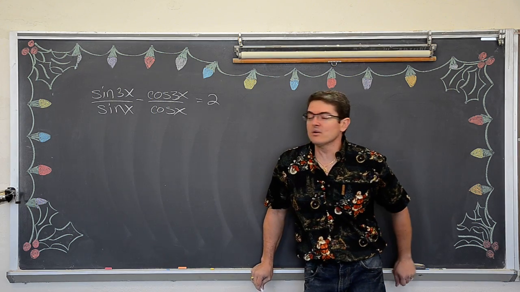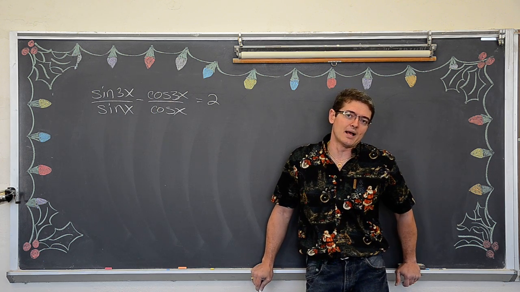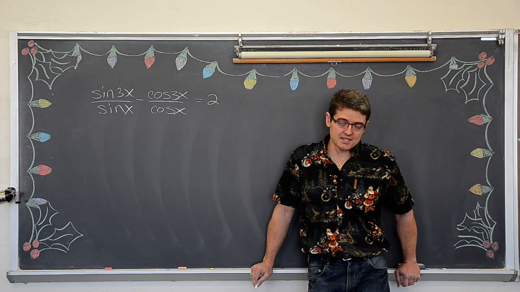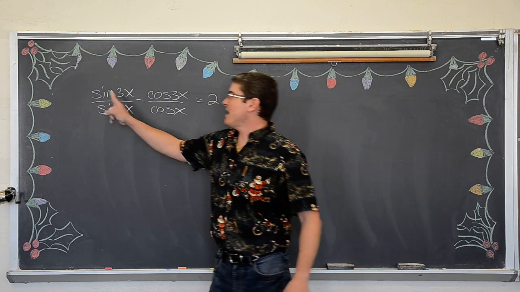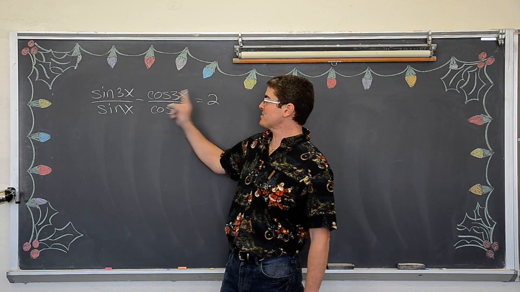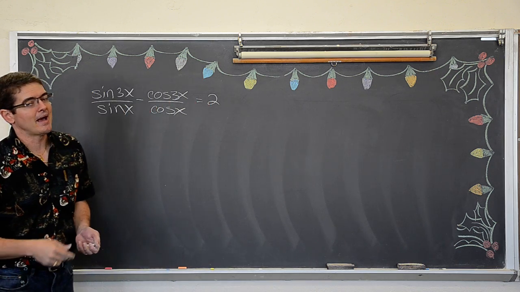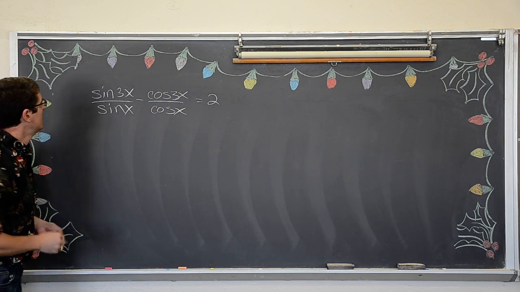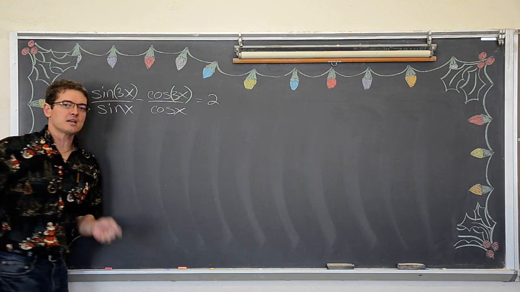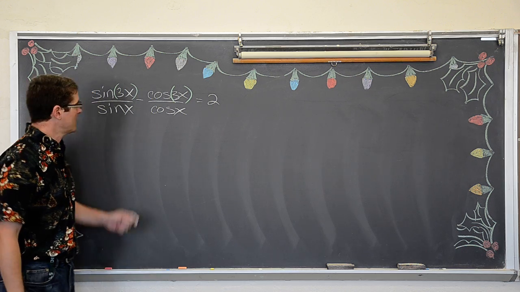Okay, well, I guarantee you some of my students are going to want to say that 3x over x makes 2x, or the x's cancel out, or the sines cancel out. This is not the sine times 3 times x. It is not cosine times 3 times x. The cosine and sine, those are math functions. So it is the sine of 3x and the cosine of 3x, and no, nothing is going to cancel. Alright, so get that out of your head.